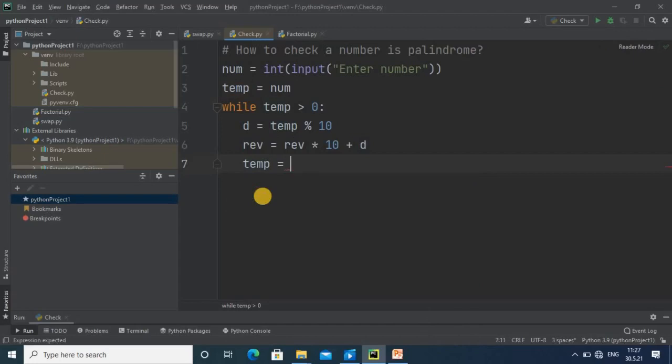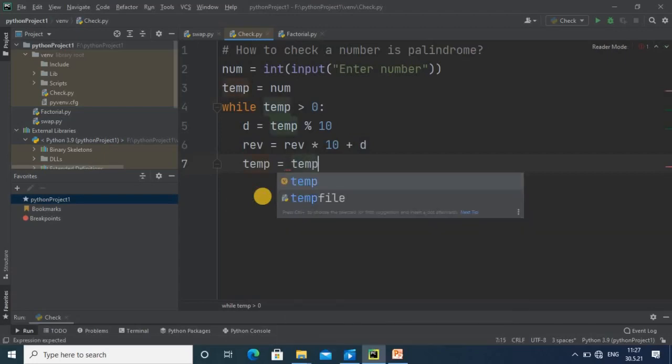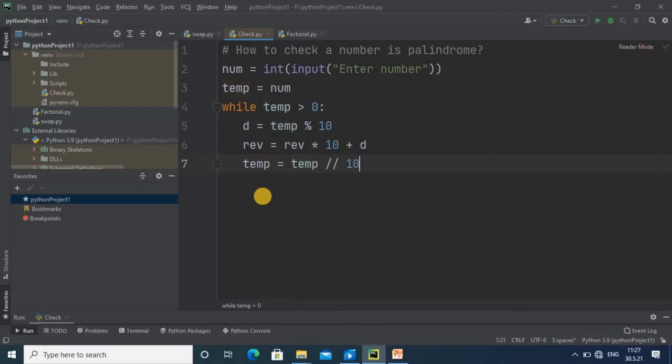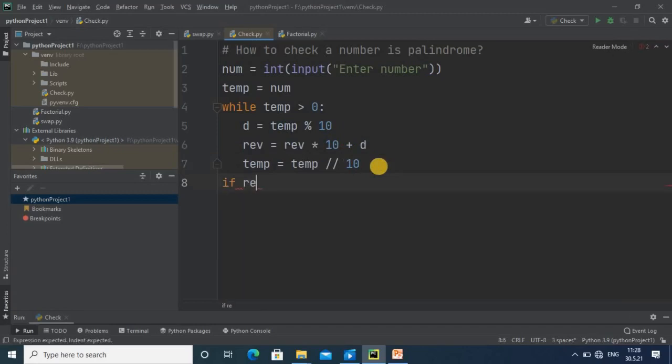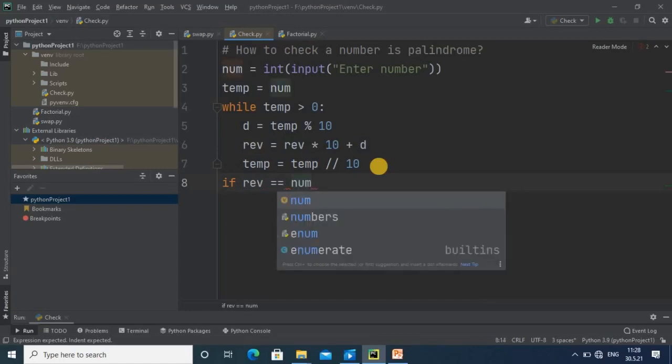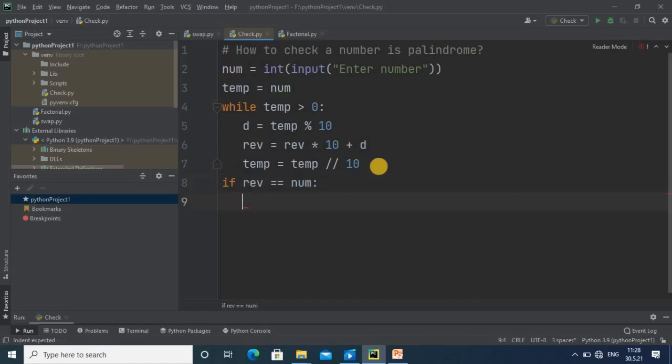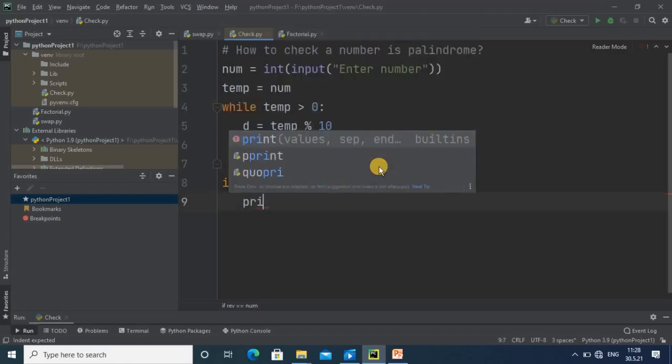So for that we will do division process here. So by using this statement we will get quotient value, and that value we get in the integer, because every time this temp value should be changed, so that we will get the values in reverse order. And then finally we will put one condition here, that is reverse of number is exactly equals to the original value of number, and that we will put one output statement here.